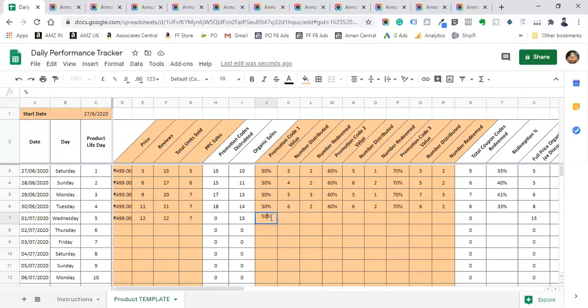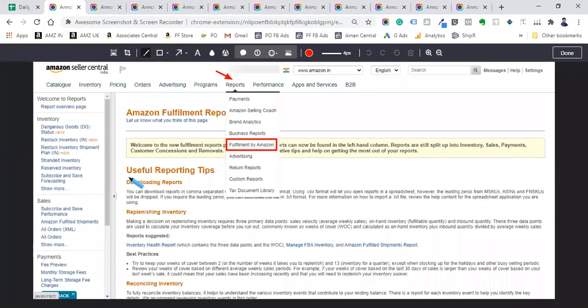Then the 50% promotion code, how many we issued to customers and how many were redeemed. Suppose we issued 6 and 2 people redeemed it, where do you get this data from? The issued data, you will get from your Excel sheet that we used in the ManyChat sequence. To get the number of people who redeemed the coupon code, you have